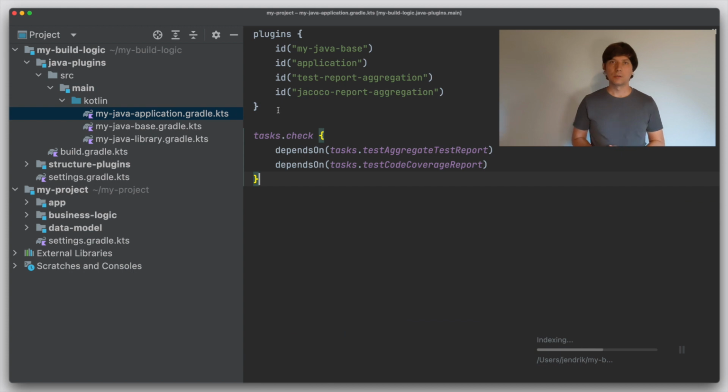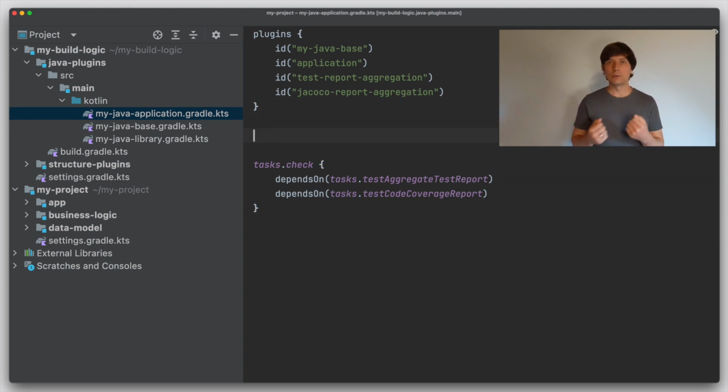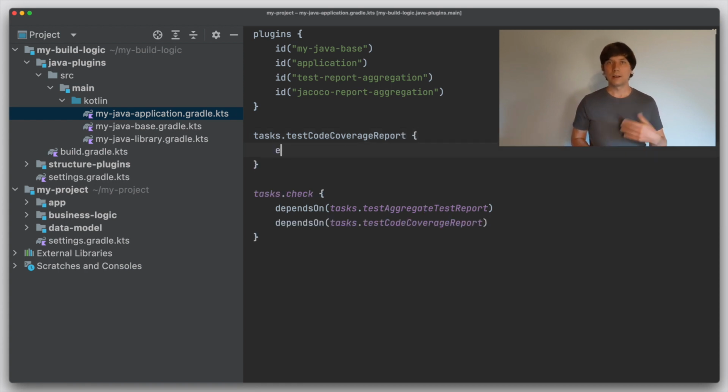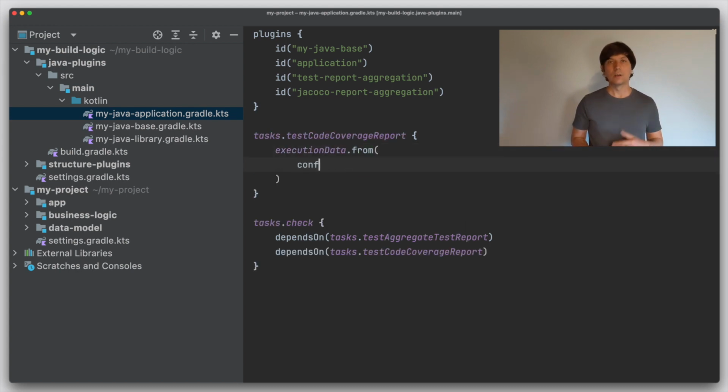A customization you could do now is to also combine all these reports into one. The use case would be to get the code coverage of all the combined tests. For this, we can, for example, go and extend the inputs of the test code coverage task, the one that for now only looks at what's happening in the test source set, to also include the integration test execution data. The execution data is something the Jacoco tool generates. The test code coverage report now is configured to take all the code coverage data that comes from the tests in the test source set.